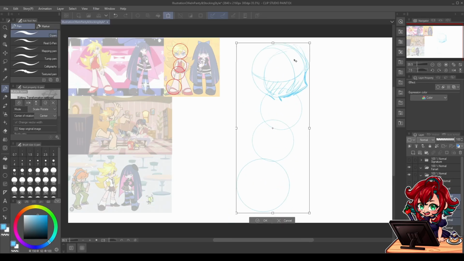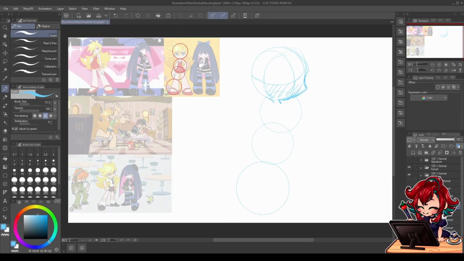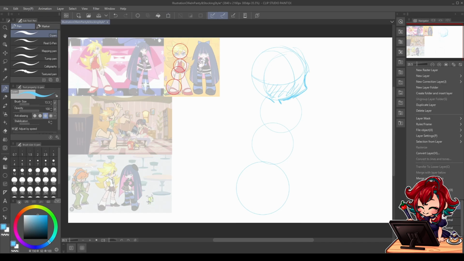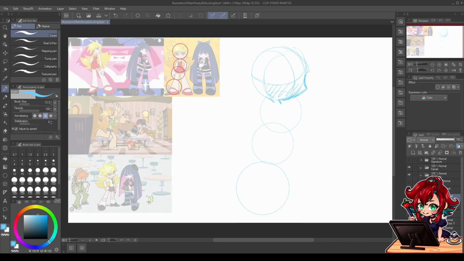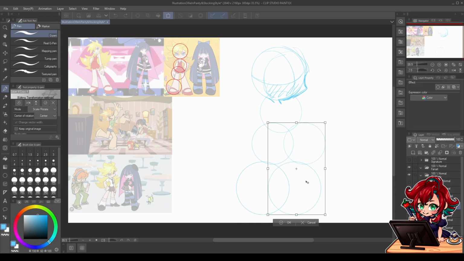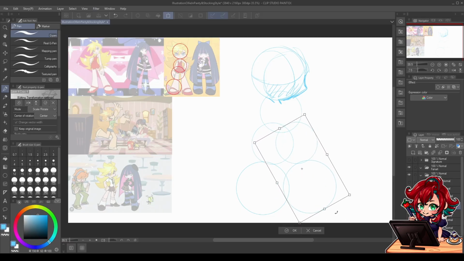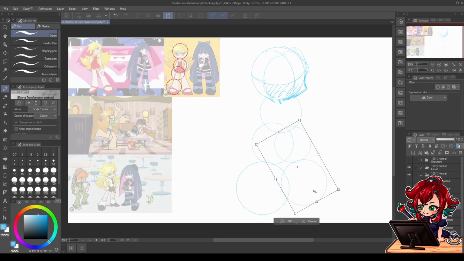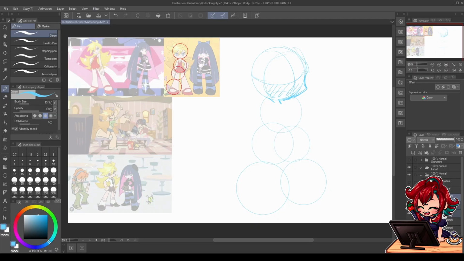So let's go like this. Also, I can duplicate these two and just add them here for the second leg, and because we have a bit of perspective, I can make them a bit smaller. Okay, let's merge everything